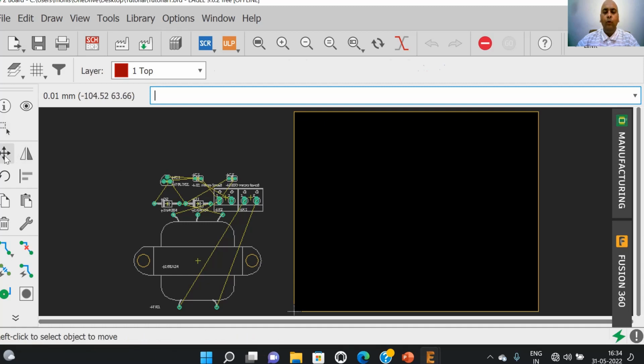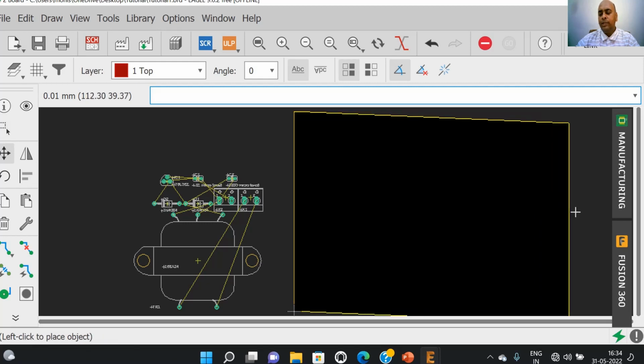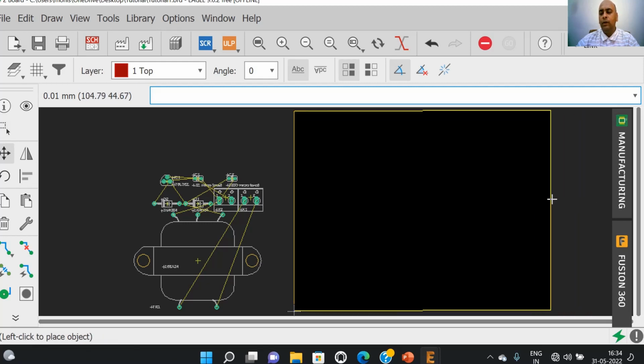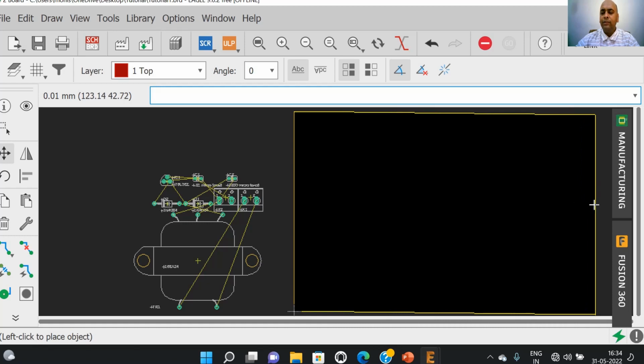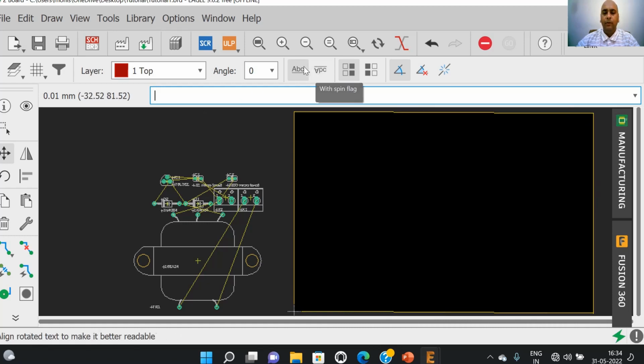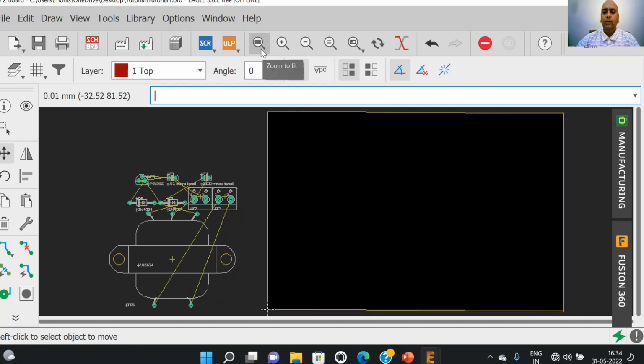The move tool can be used to move the position of the corners or edges of the board. Zoom to fit can be used to fit all the board and components in the screen. Similarly, we can use zoom in and zoom out to zoom a particular area of the screen.